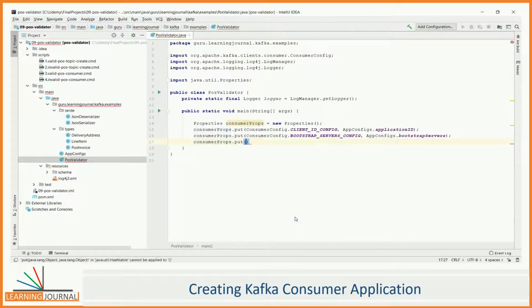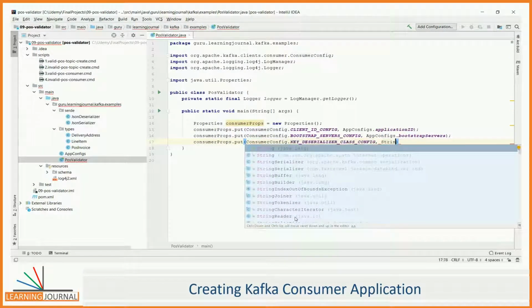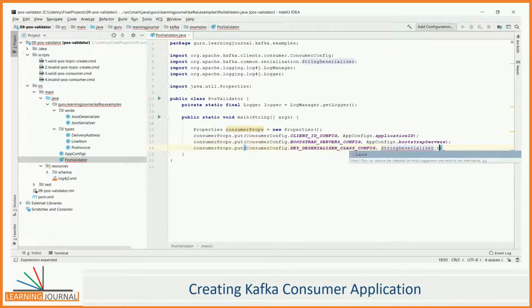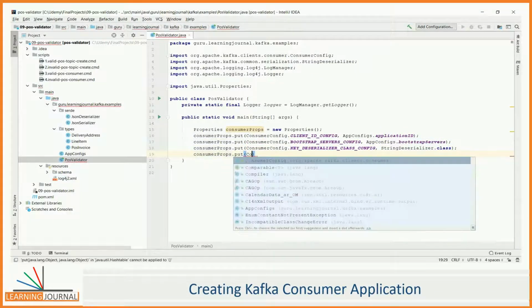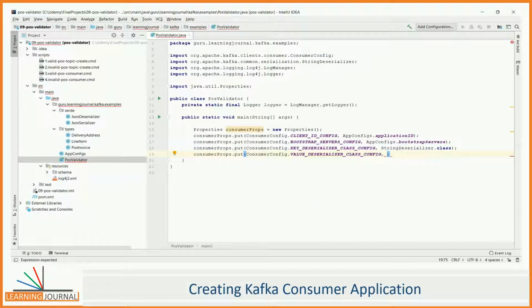The other two configurations are the key and the value deserializer. The Kafka producer transmits a message after serializing it to raw bytes, right? Now at the consumer, we must deserialize the record to an appropriate object.